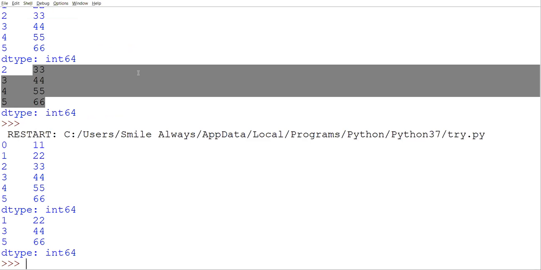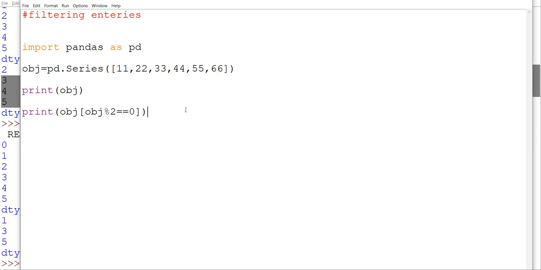Okay, then after that next is sorting series values. Our list is actually already sorted. We will be changing this a little bit. Sorting series values. This is the next topic. Now how to sort. Suppose I am taking any random values in my list. 66, 77, 55, 44, 99 and 22. Suppose randomly I have taken.